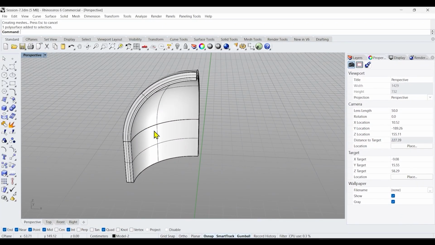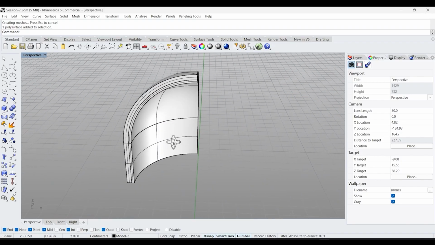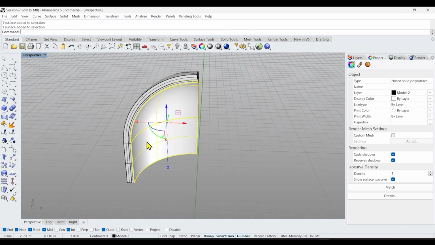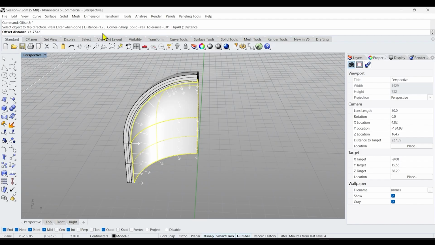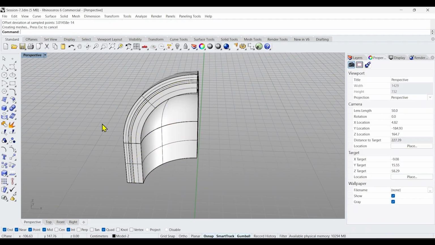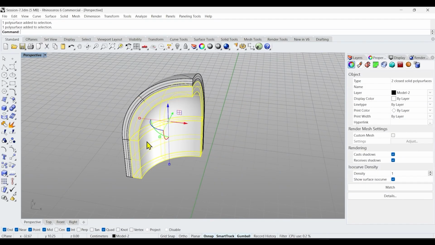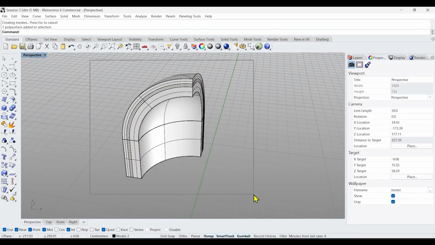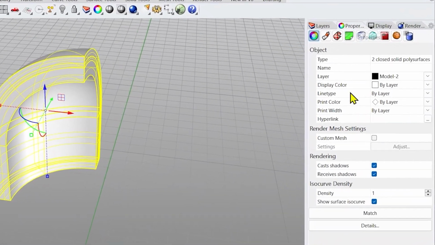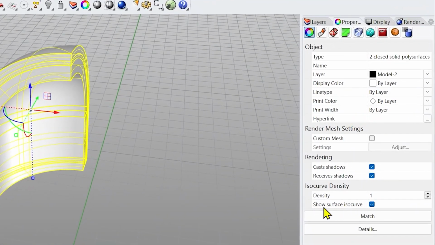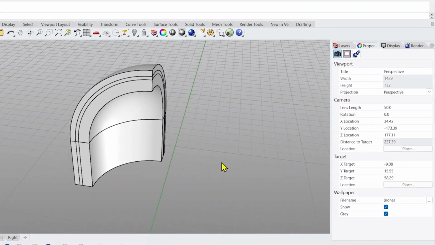Again, I want another major cushioning thickness to show, so I will follow the same. Control Shift, hold it, select the surfaces, and then use offset surface command, this one. And this time let's increase the distance to, let's say, 6 centimeter, right? And then right click again. You've got this. Now you can join these two also, boolean them, right? And you can select all of them and go to the properties. In that, you can just uncheck the box of show surface iso curve so that you can only see the